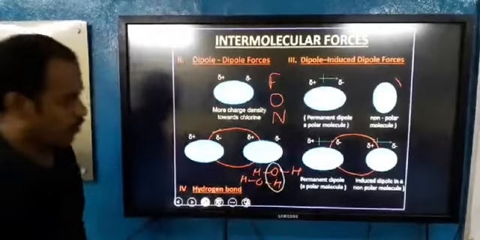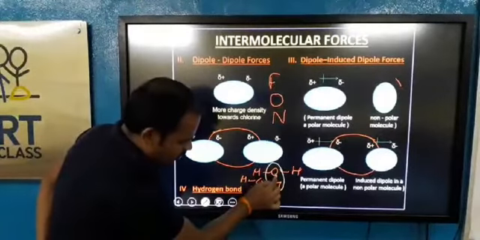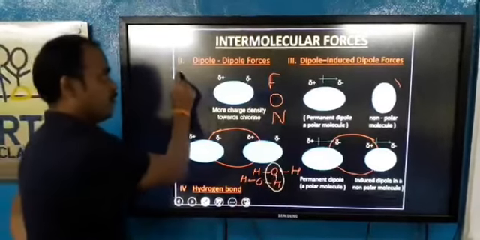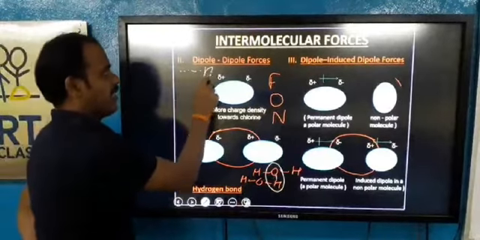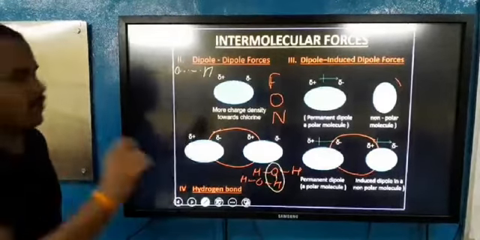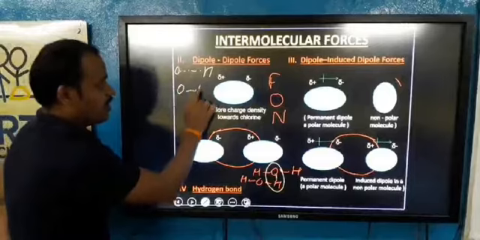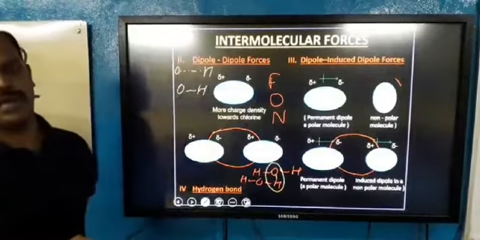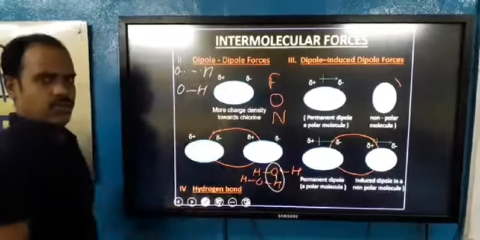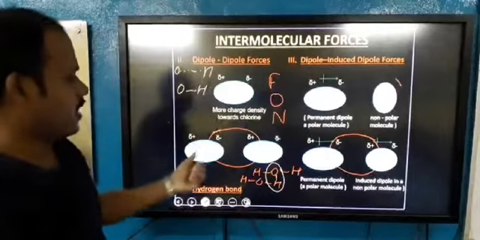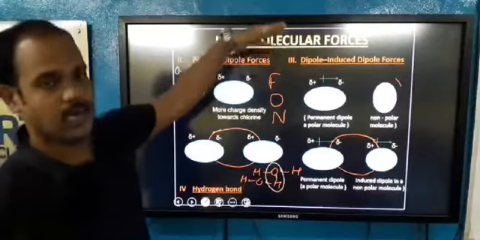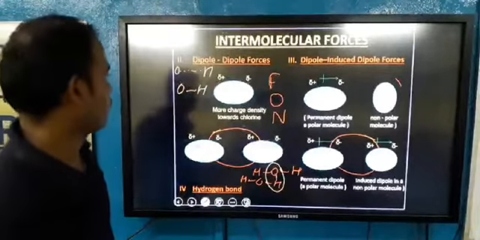hydrogen bond will be formed, and this bond is denoted in dot form, not by a solid line. Remember this thing, in the form of dots, means H and O. If this bond is there, this one is a hydrogen bond. If this is a solid bond, this is a covalent bond. If the molecules have a hydrogen bond, they will come closer. This is a stronger bond as compared to the other three bonds we have discussed.